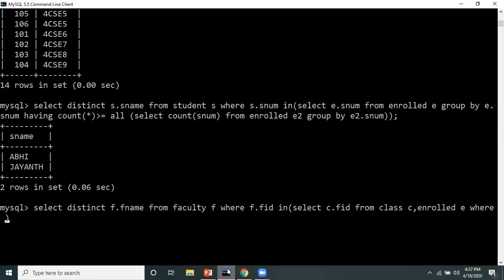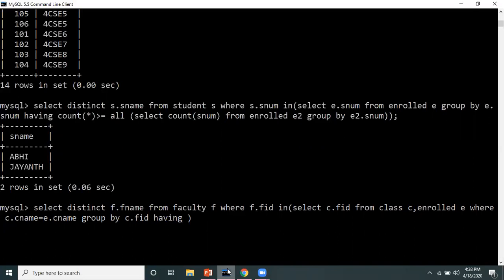Now we can give the condition. So where C dot C name is equal to, in enrolled table also we have this. So E dot C name. Now on the basis of this, we will group by C dot FID having.